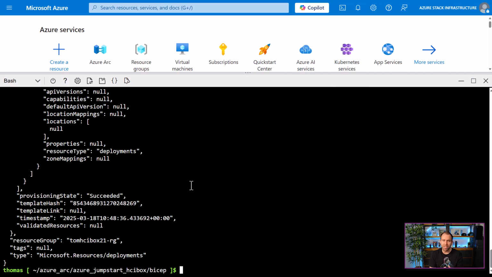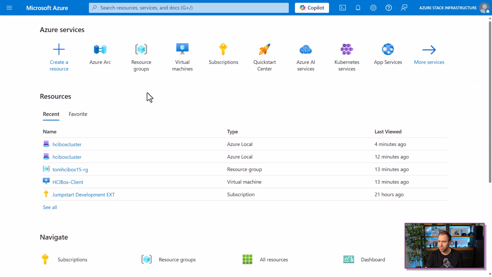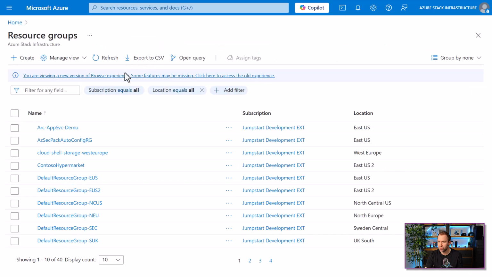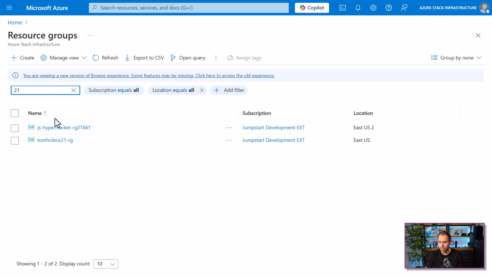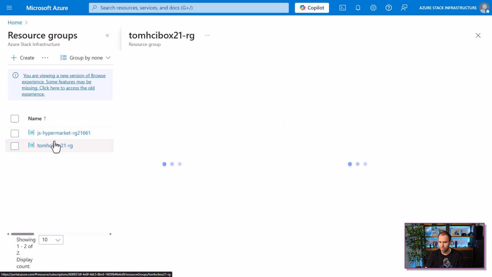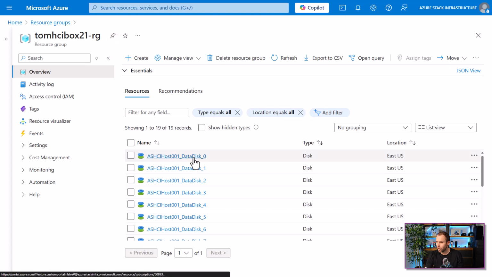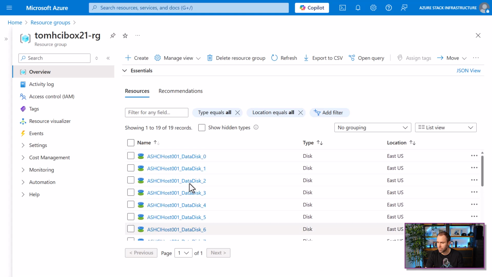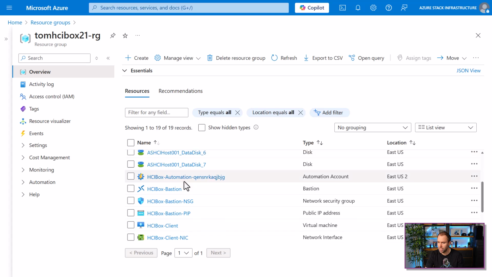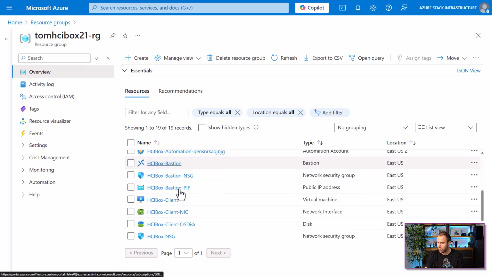So once the deployment is done, we can go back to the Azure portal and have a look at the virtual machine and connect to it. So for that, let's close this down. Let's go to our resource group here. Let's do for 21. And we have here my resource group. If I go to this resource group, you can see all the resources which have been deployed. There's a couple of disks for the virtual machine, an automation account,